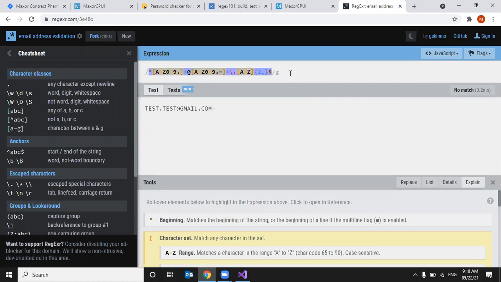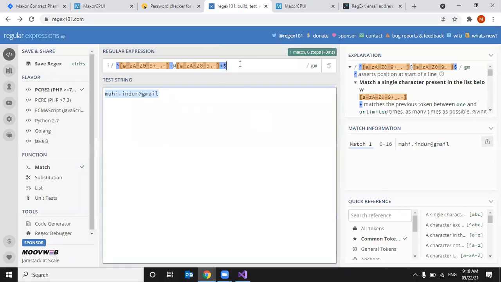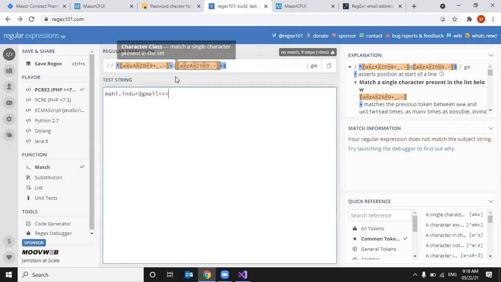Let me copy this. I'll show the failed step of it. See here, equal is not allowed here, right? So that's why there is no match. And even if I write like this, see, there is no @ symbol, so it is not matching.